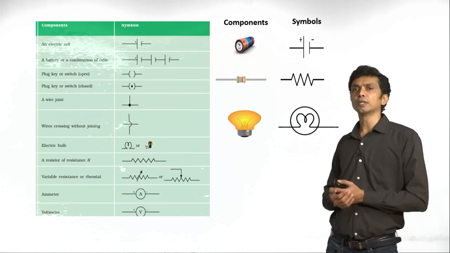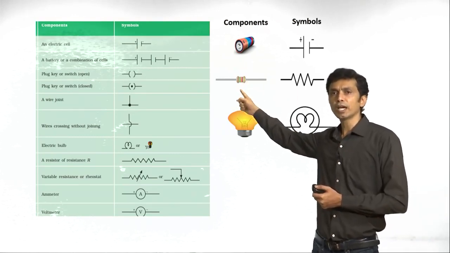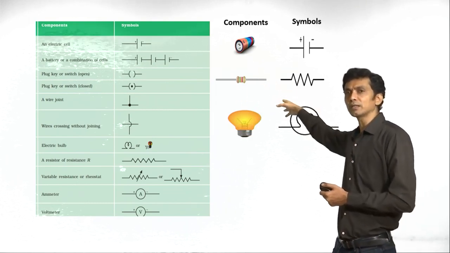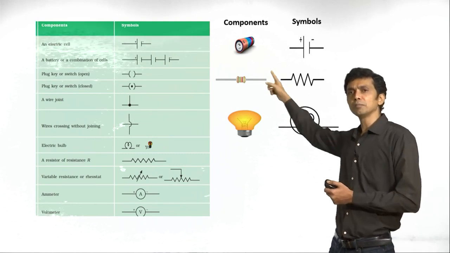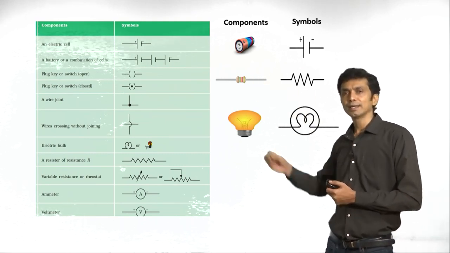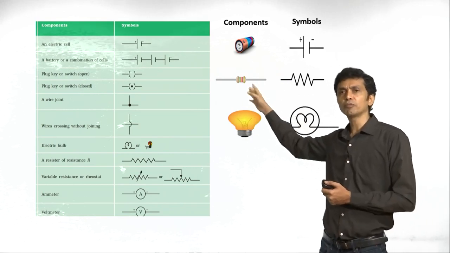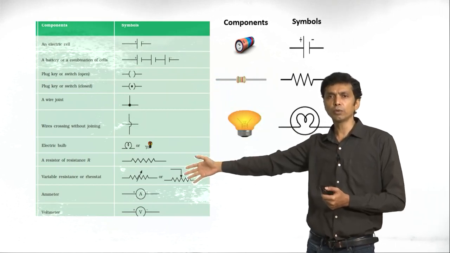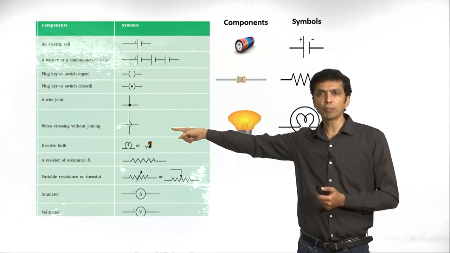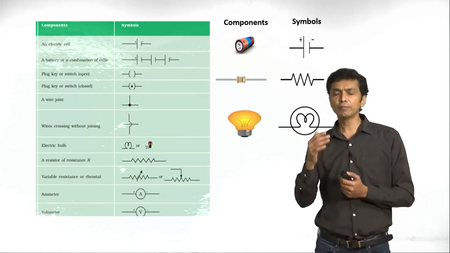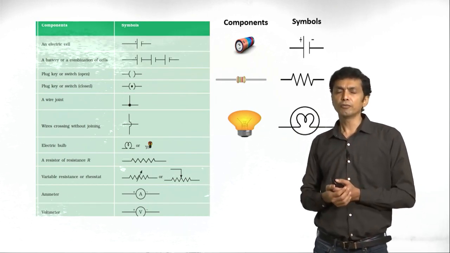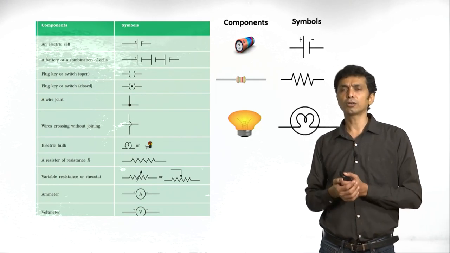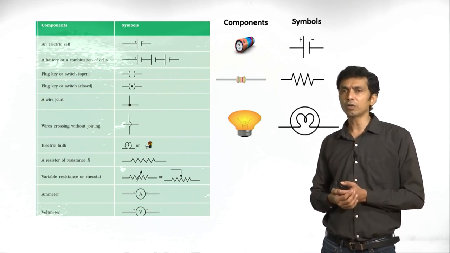Just observe carefully here. We have a cell, we have a resistor, we have an electric bulb. All these we know. But what is present on the other side? These are the symbols used to denote the equipment that we make use of in our daily life. Apart from those, here we have a whole bunch of many electrical components and their symbols. We have to remember these symbols in order to discuss the next concepts in electric current. So, remember all these symbols carefully.